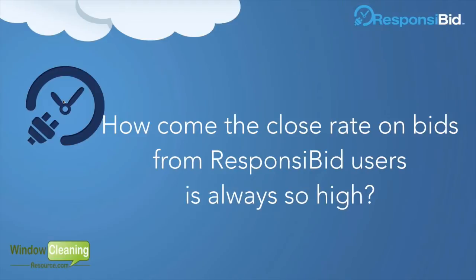The reason is that ResponsiBid is not just giving a price. I think a lot of times, as small business owners, we're pretty frugal people, and so sometimes when we're giving quotes to our customers, we may just give them one price, and it's a really high price, and we hope that they take it. But sometimes I think we hold back too. We don't give them all the things that we could to cross-sell all of our different services.